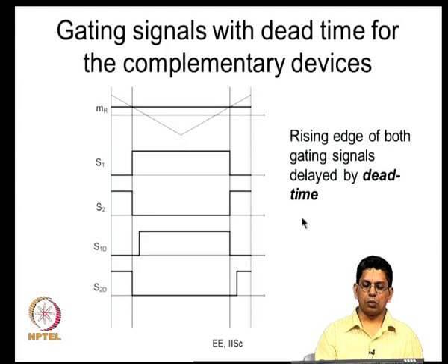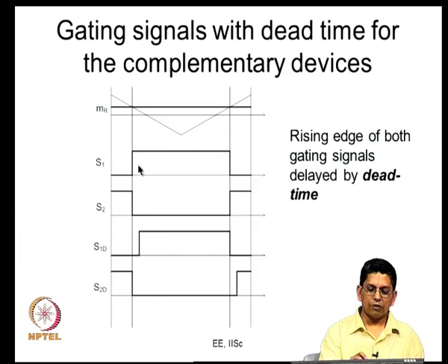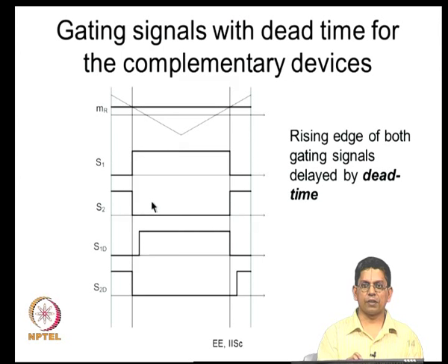So, let us go ahead with this now. You have gating signals with dead time for the complementary devices. So, what are you going to do? You cannot have S1 and S2 switched in a complementary fashion, not exactly. So, what you do is you have to delay. What has to be delayed? If a device is turning off, the device should turn off first, and you should allow a sufficient interval to make sure that it has turned off, and then you must turn on the next device. So, that means here you expect S1, the top device, to turn on, and S2, the bottom device, to turn off.